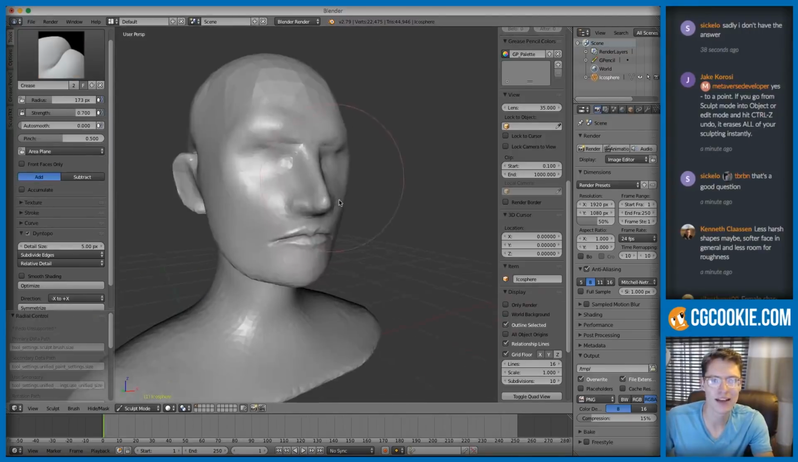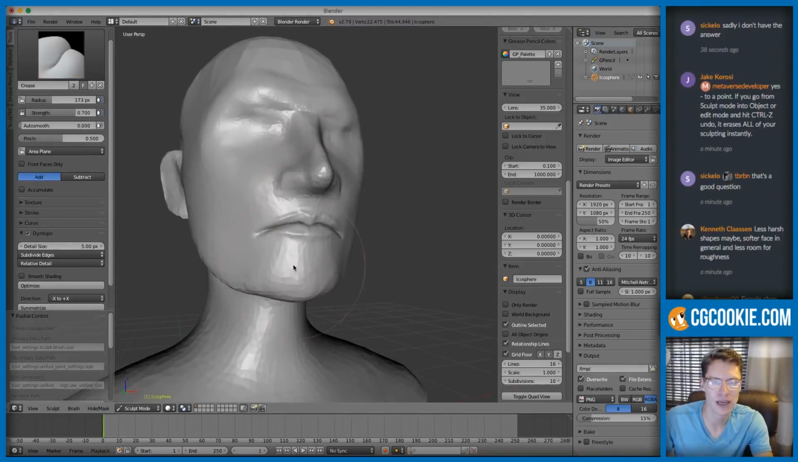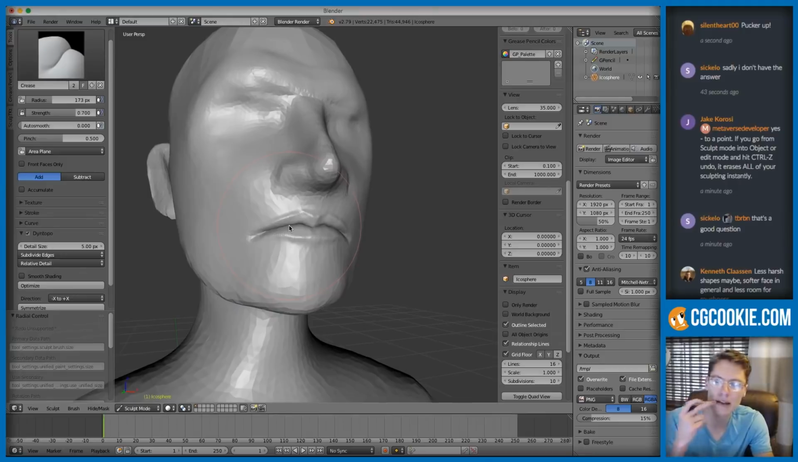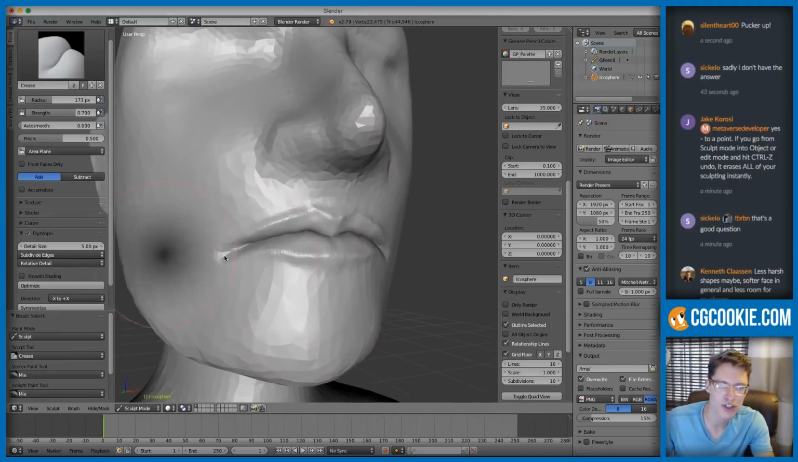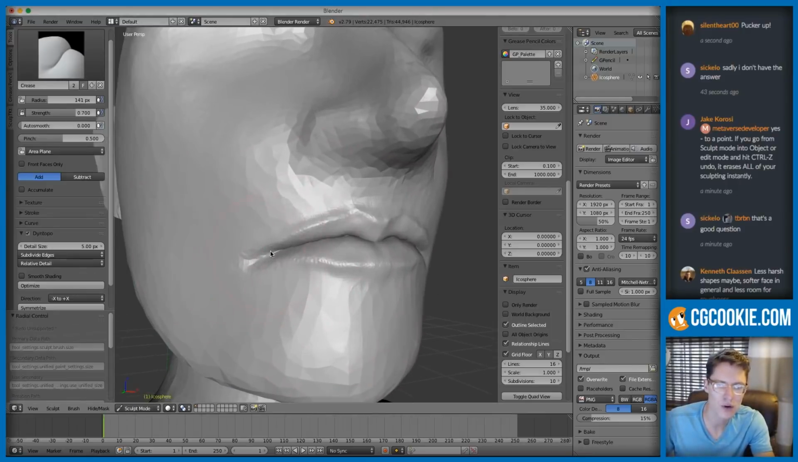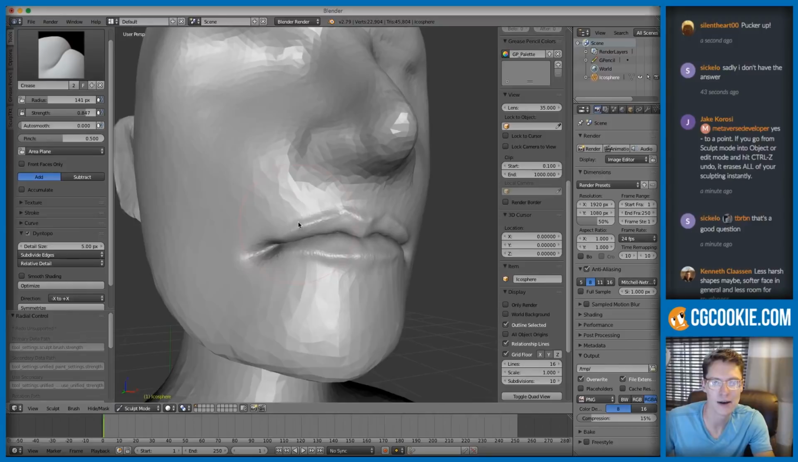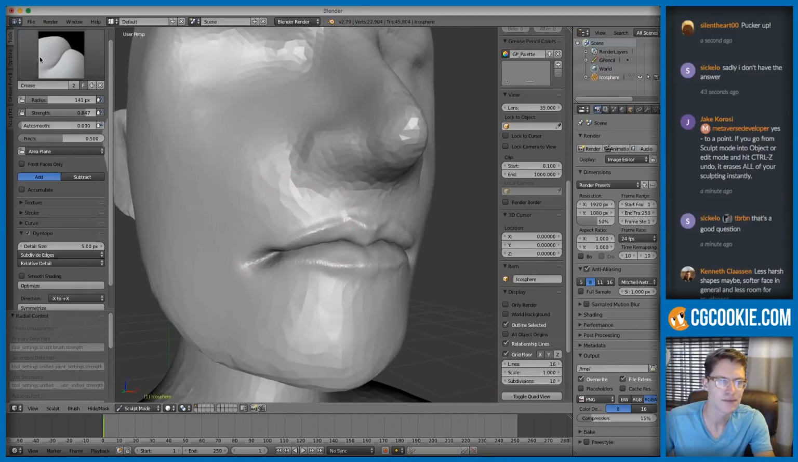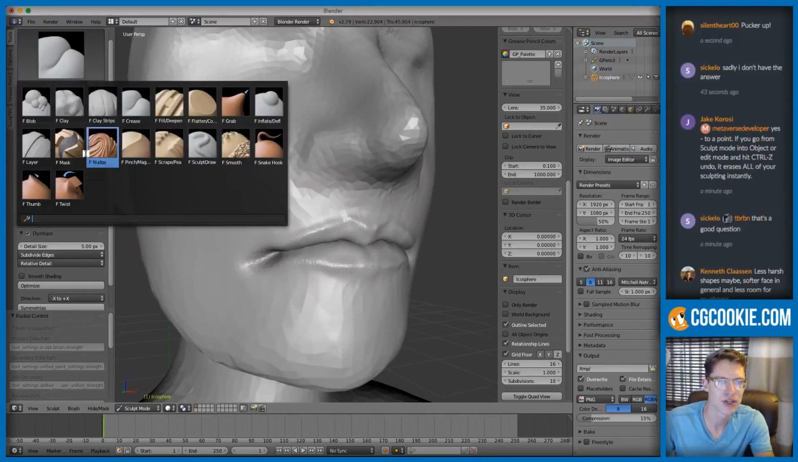Though one of the things that's very often overlooked for beginners is the corner of the mouth. Very, very important to push that pretty strong in the corner, like push it way back. Okay, so I'm just holding the crease brush, pushing it pretty far back. Okay, then grab the clay strips brush